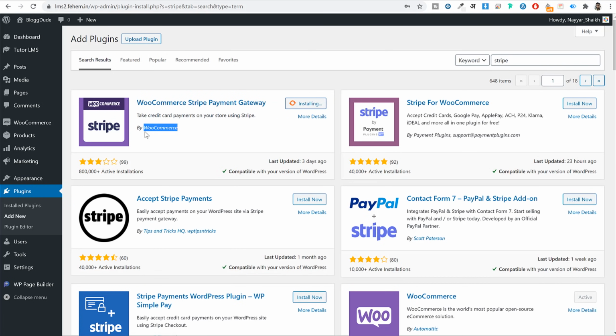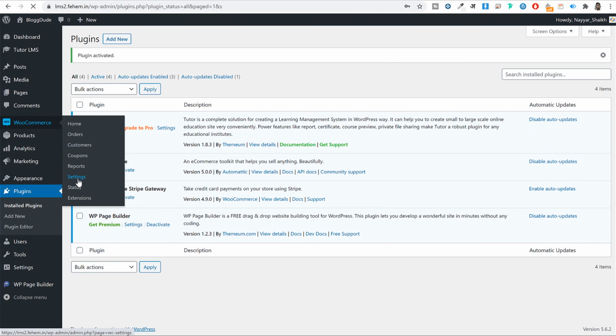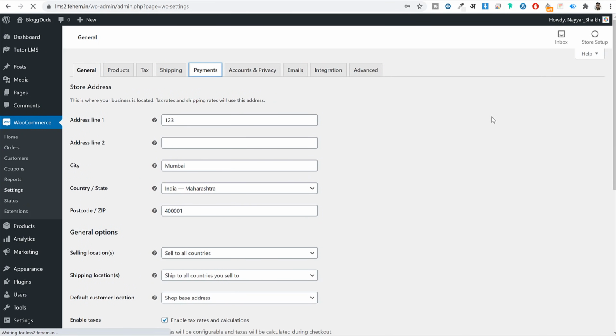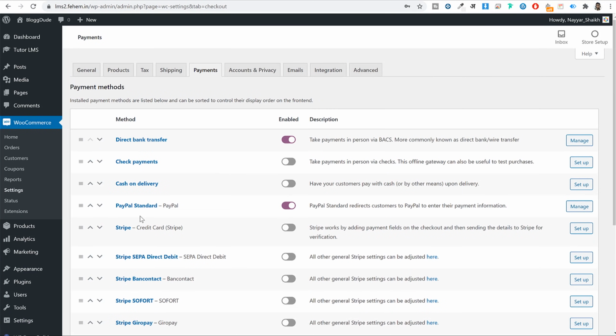This is by WooCommerce. Make sure it is by WooCommerce. There are many plugins for Stripe, but we want to use this one, which is by WooCommerce. Once it is installed, you can click on activate. And once it is activated, you can again hover over WooCommerce, click on settings. And if you again come back to your payment settings, you will see there are so many payment options will be added for you. As you can see, now the one that I want to use is this one, Stripe